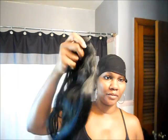As I said, I was using a weaving cap because I'm going to do a full sew-in, which I have not done in a long time on myself. I'm going to be using this Malaysian Natural Straight, and I'm probably just going to mix this in with some of the Miss Perfect Indian Straight that I have. I really didn't want to cut that,